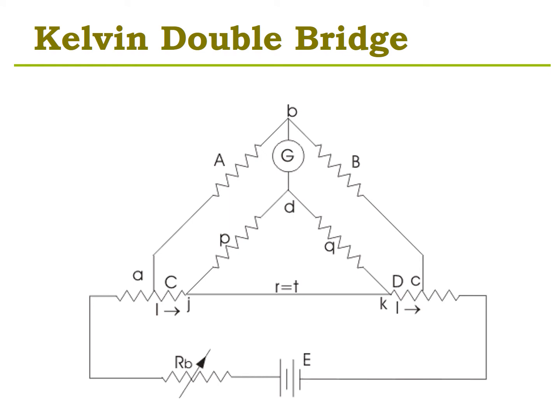Next we would be talking about the Kelvin double bridge. We call it double because it contains a second set of ratio arms, and usually we place the galvanometer at an appropriate position such that the effect of the connecting lead of the resistances gets eliminated. So we are going to derive the expression for unknown resistance in this Kelvin double bridge also, and then at the end we would be solving certain numericals based on both the bridges that we have studied.